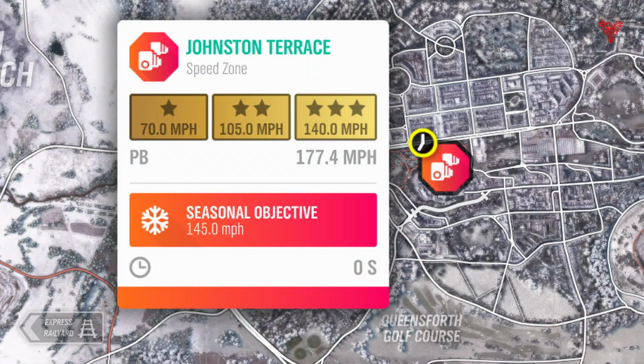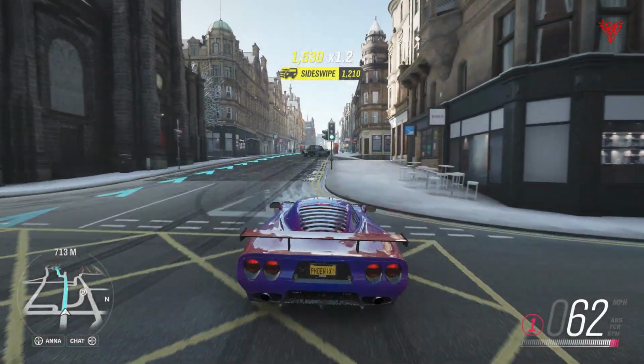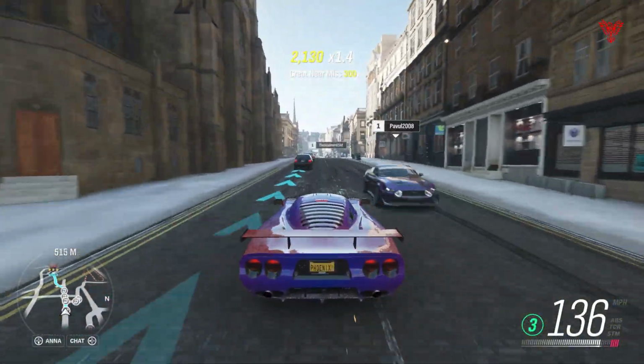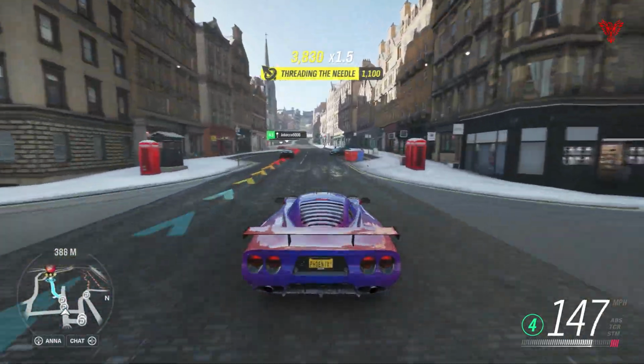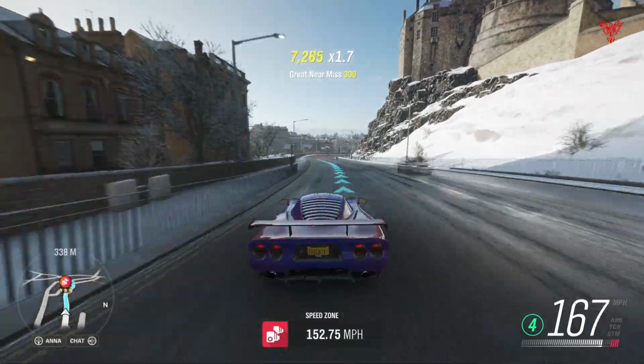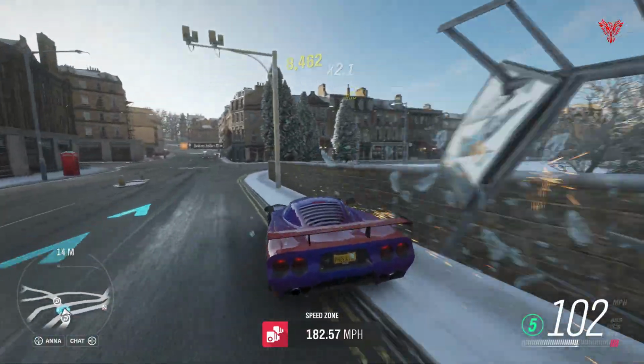Next up, we've got Johnson Terrace, 145. This is a pretty respectable speed zone and probably one of the easier ones to get 3 stars on. So 145. Did a little cut there, and I'm making the approach from the east side of the map. Down through a speed zone, keeping it going. You end up bouncing off the wall in the bus shelter, but